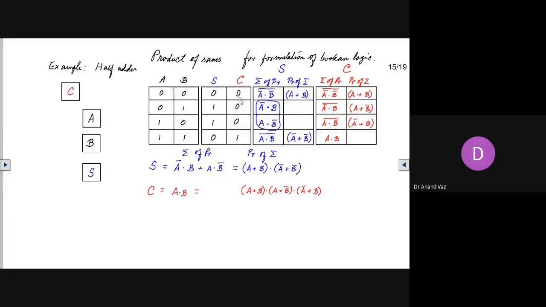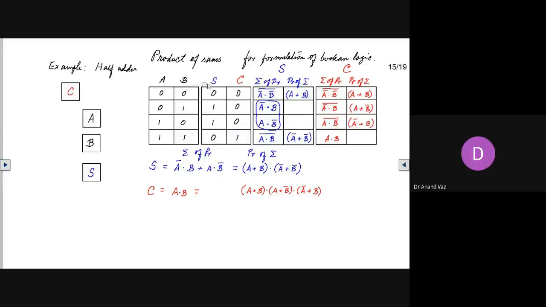This will give you a 0. Here 0. So this will be A or B. This will give you another 0. Similarly, not A or B will give you a 0. This will give you a 1 if you use a fundamental product.